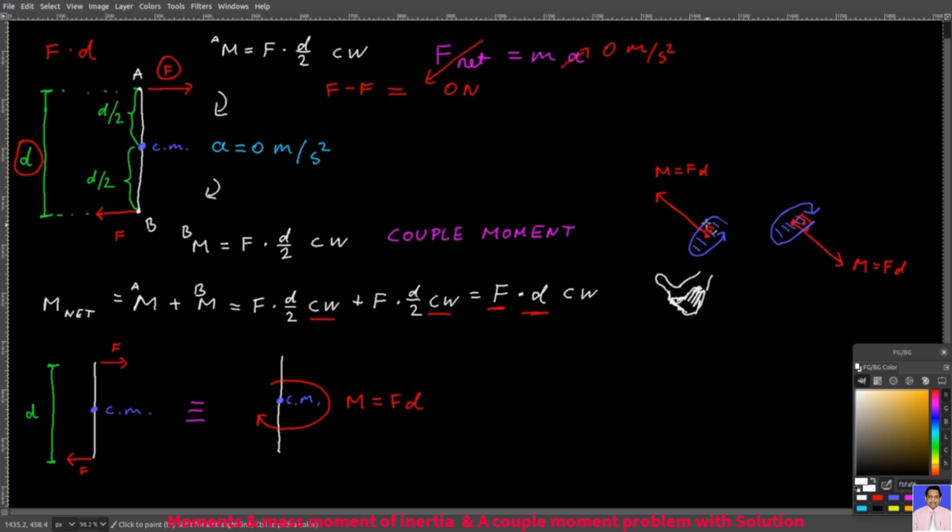In this case, it's this one, and in this case, it's this one. These are your knuckles, and you don't see the fingers because they are behind the hand. And your right hand thumb points in the direction of this moment. In 2 dimensions, a counterclockwise moment, which is this one, its vector direction and the right hand thumb points out